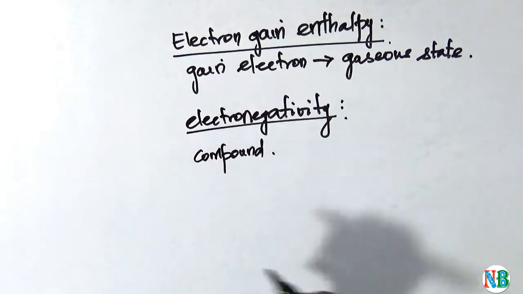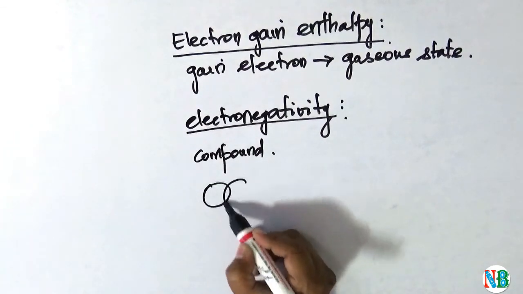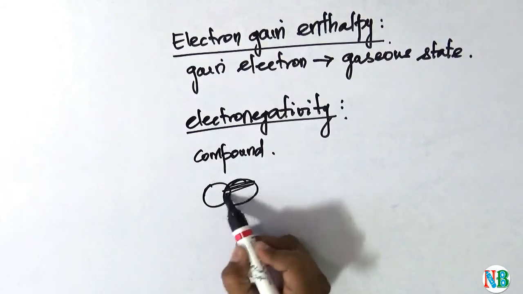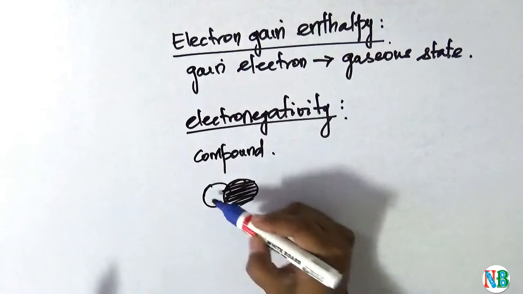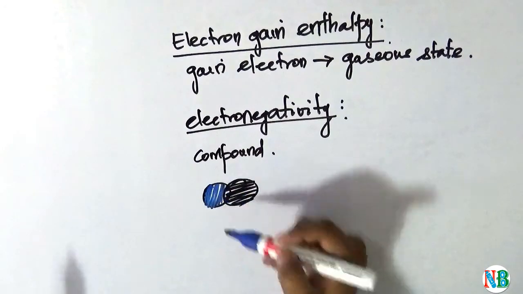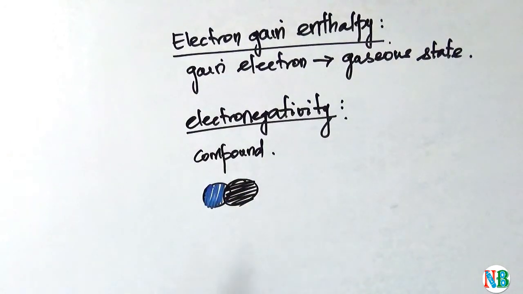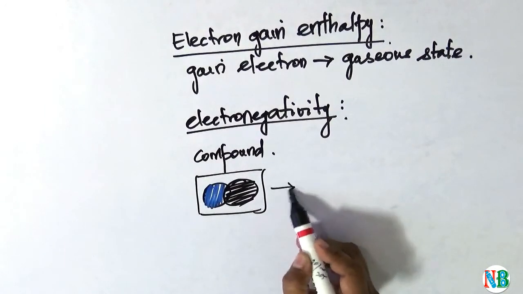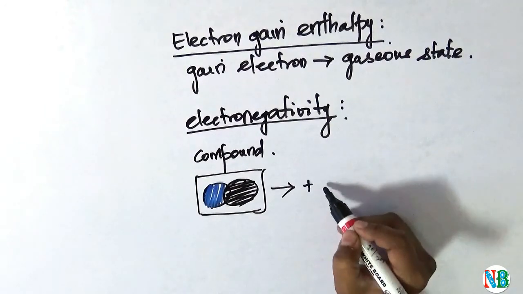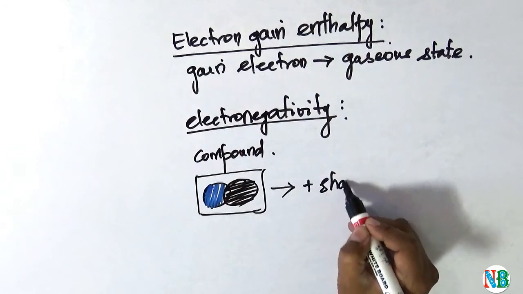Definitely a compound is made out of two different kinds of elements. So you have two elements in a compound. Now the ability of this atom to attract shared electrons